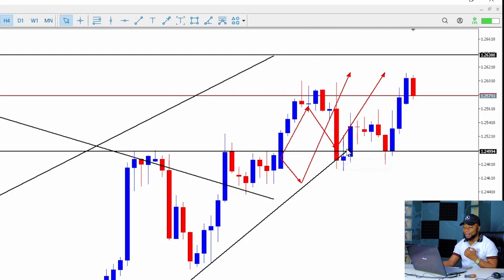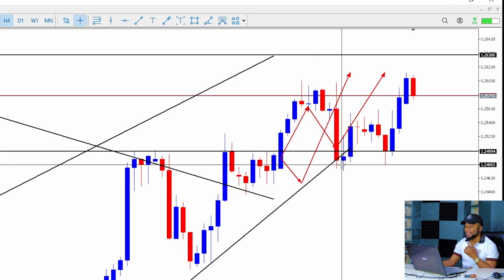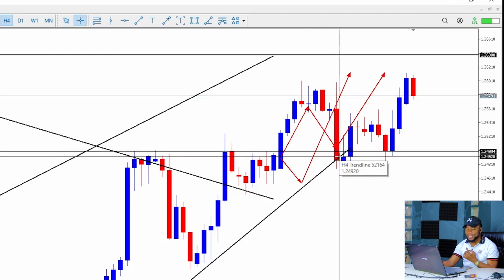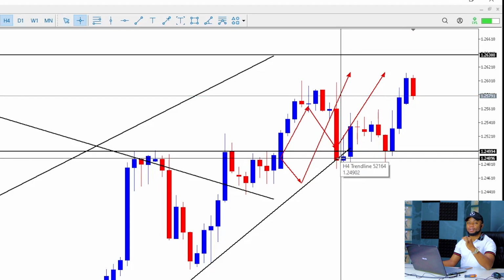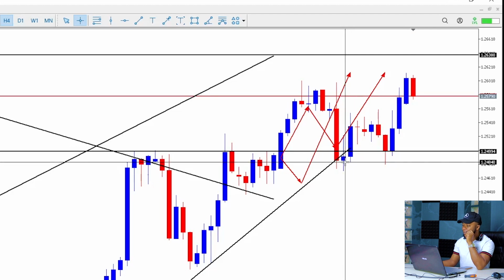This is where you can see my red arrow, which you won't see very clearly, but according to my arrow, where was I supposed to buy? Somewhere here. I already had my plan in place. So immediately the market pulled back to this area, I bought. I got in here with my first lot, because this is my almost $13,000 to $14,000 account, and I'm using proper risk management. So I got in here with a 1.5 lot size. You can see the screenshot of the trade. So I got in at this particular point, and the market pulled up.